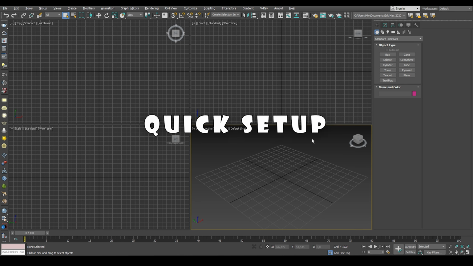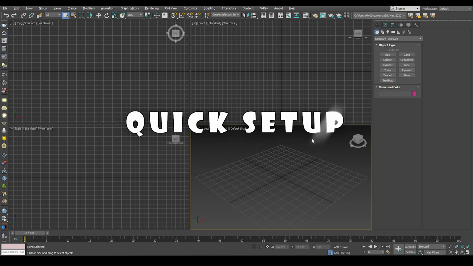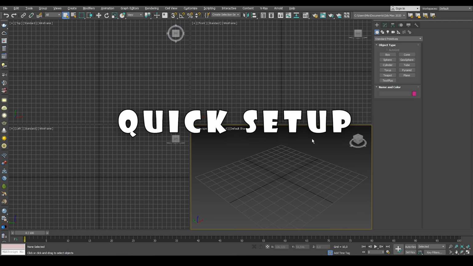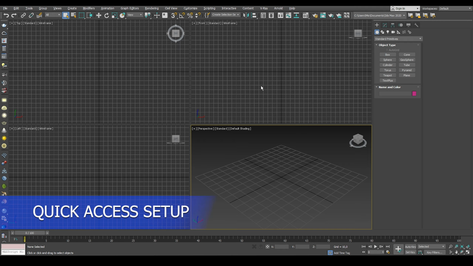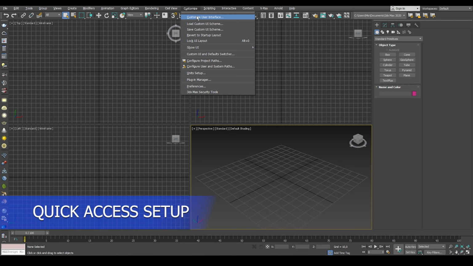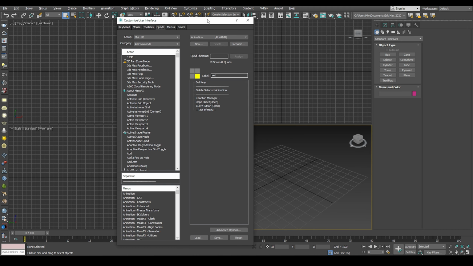We'll add the main tools we'll need throughout the training so we don't get distracted searching for them later. This will save a ton of time and effort, and we won't have to keep jumping between tabs. To do this, go to the Customize menu, select Customize User Interface, and go to the Quads tab. In the drop-down list on the right, select the Animation category, then start dragging the necessary tools from the left